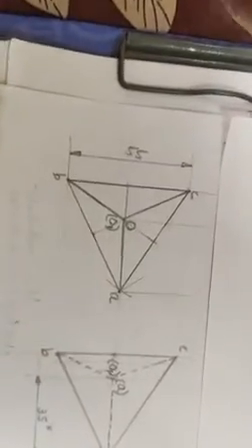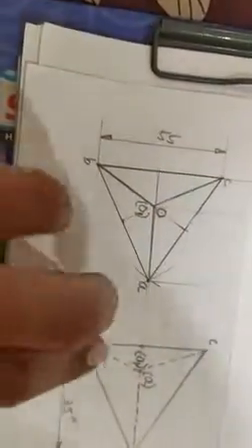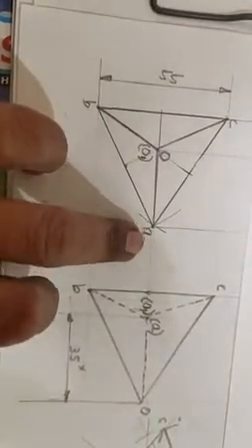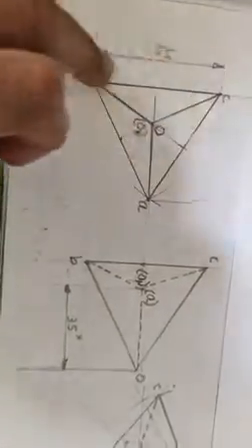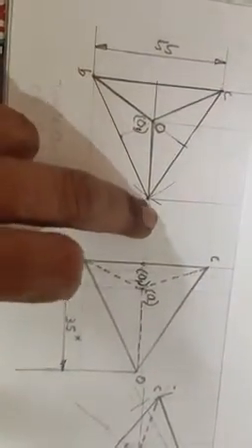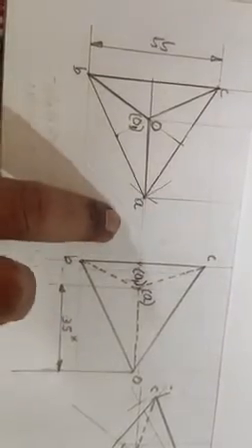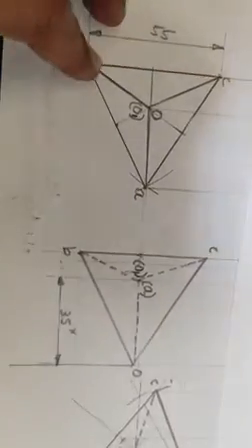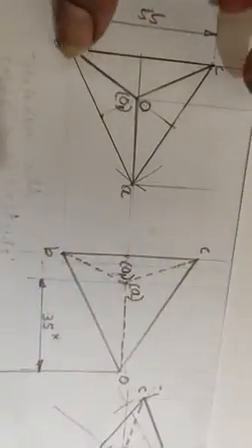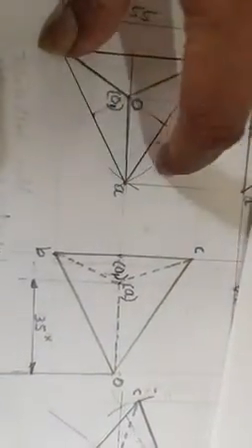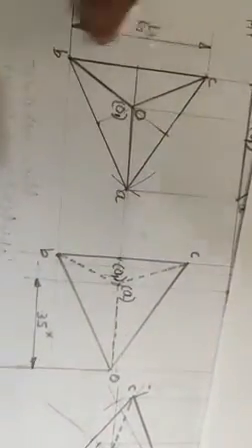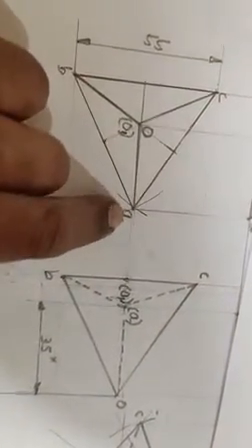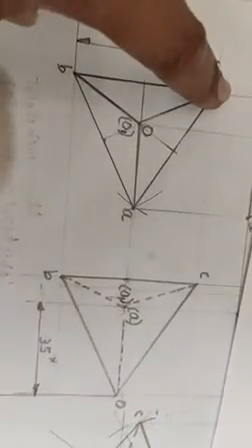So I need to draw a tetrahedron resting on one of its corners. I need to draw an equilateral triangle of side 55 mm such that I get one corner over here. I cannot start it here directly, so first, on my left side, I will draw 55 mm sides as given in the problem. I'll take this length, draw an arc on either side, and I'll get an equilateral triangle of 55 mm. Name the resting corner as A, this corner as B, this corner as C.